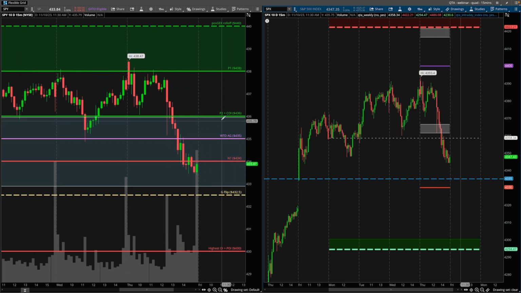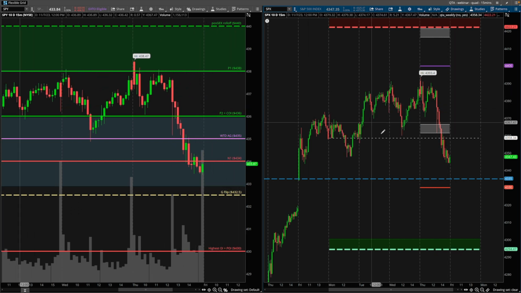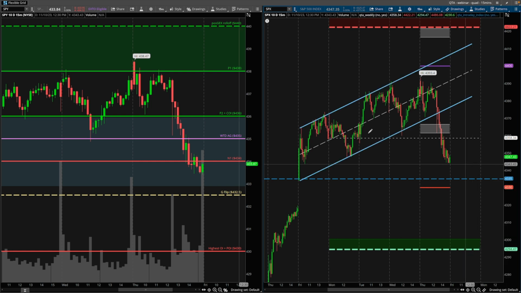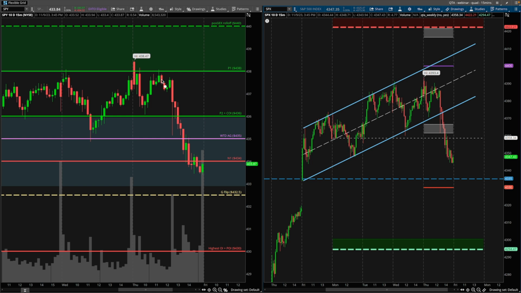Now let's just jump on to today, which would be the Thursday. And let's just turn back on my channel. And what do we have? Price is now opening up here. It is above 438, but it's not really going much further. We can see even if we wait that 15 minutes to see what happens, price gets rejected, comes back up, and now it's rejecting here. Again, we already know this area is likely to act as some sort of supply zone. It's likely to act as some sort of resistance, act as some supply,